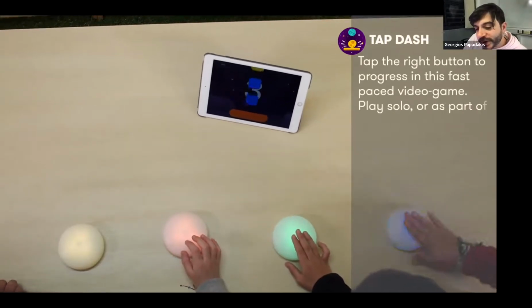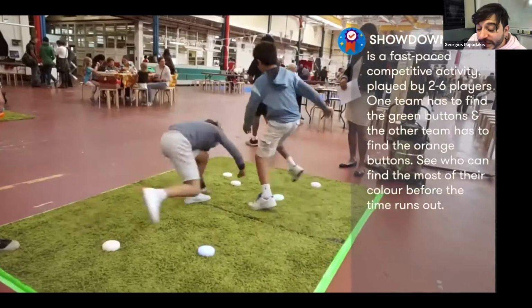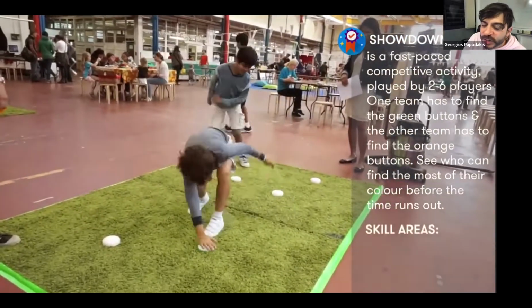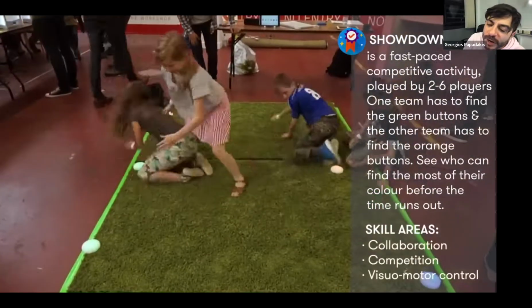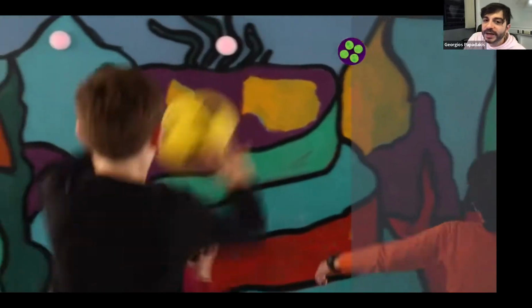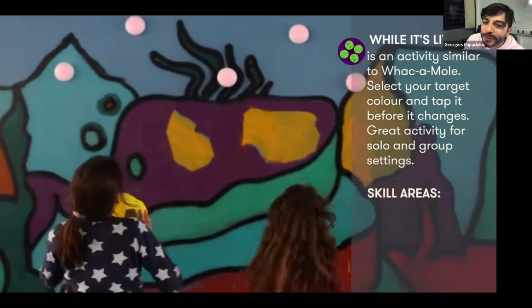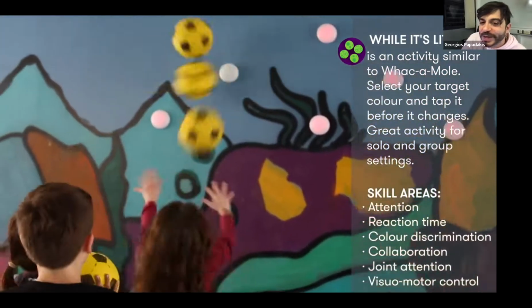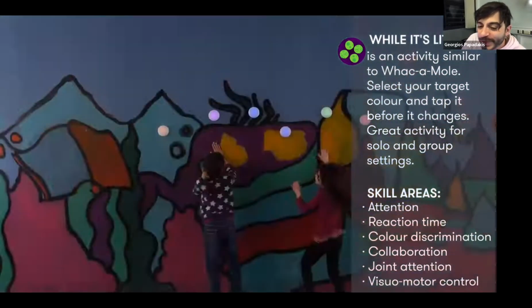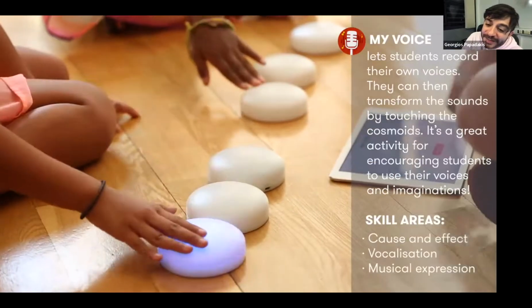We use Cosmo in a few video games on our platform, in a lot of PE sessions, so physical education. You can spread the buttons around, you can collaborate, you can compete with others, you can have competitions and showdowns. You can attach the buttons on the wall with the magnets, which means all of our activities become much more fun when you throw things at the devices. And also we have other activities around